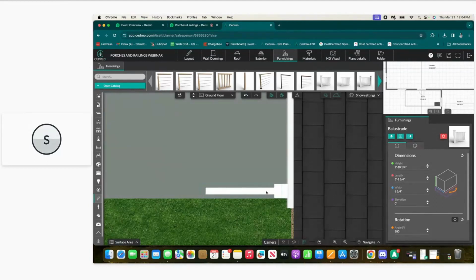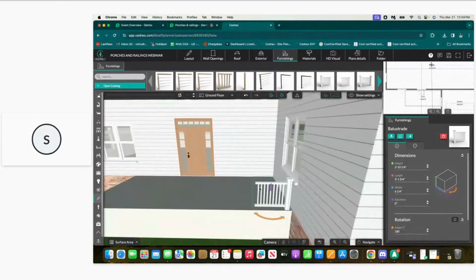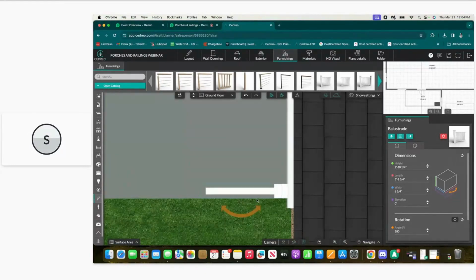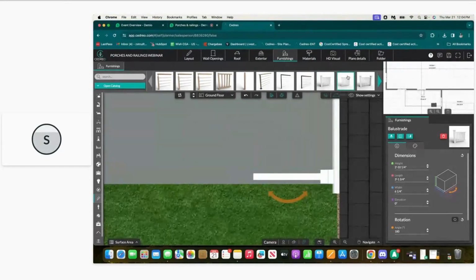So it won't overlap with the actual house. You can see if I go to the 3D view, we have it placed here. But again, from the top view, you can make sure that it's aligned properly with the front and whatnot. So once we choose that one, I'm going to go in here, choose my second option, which is the one